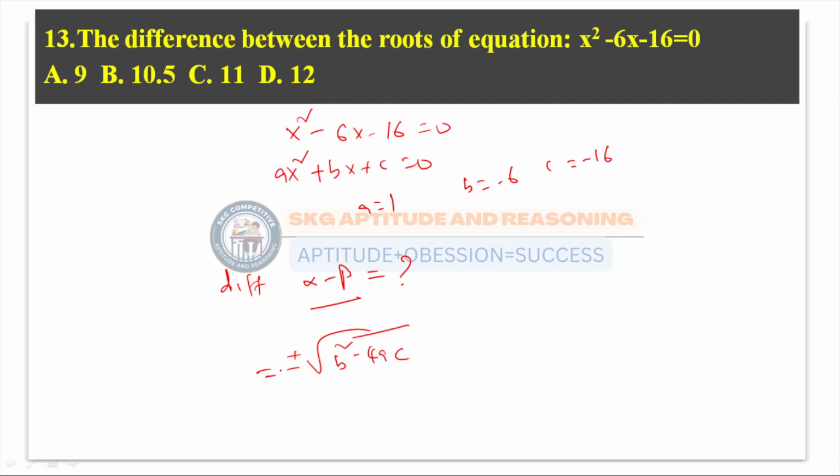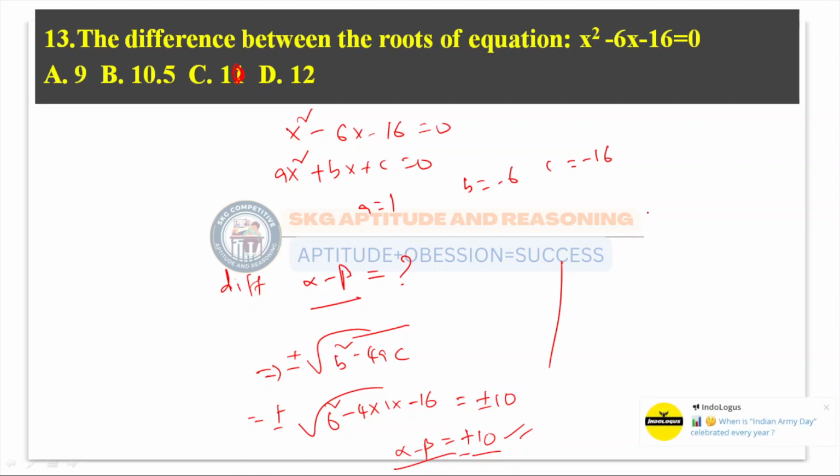If you substitute these values here, what is the b value? 6 square minus 4 into 1 into minus 16. If we simplify this, we'll get the answer plus or minus 10. But here only positive values are given. So the difference between the roots of the equation is plus... Okay, some option is missing here. Let us take it as 10 here. The answer for this question is 10. But in the real options,